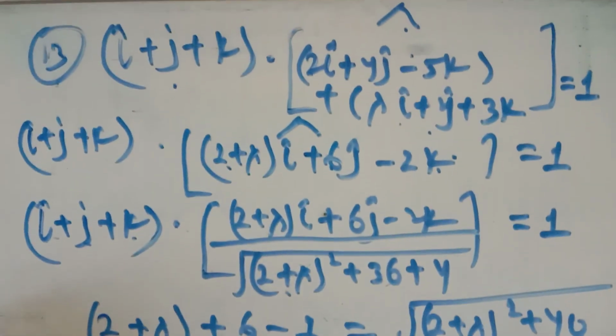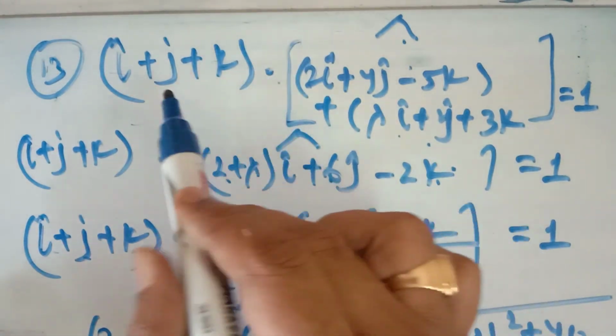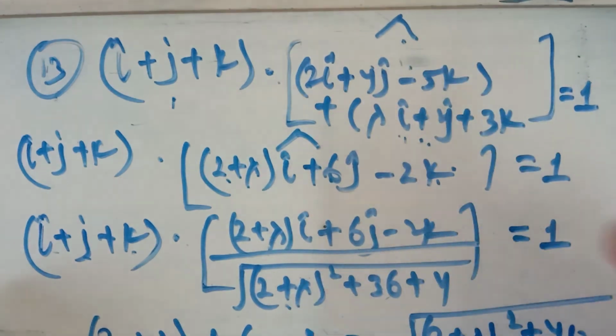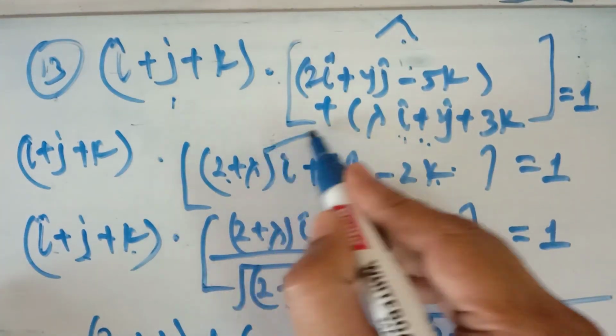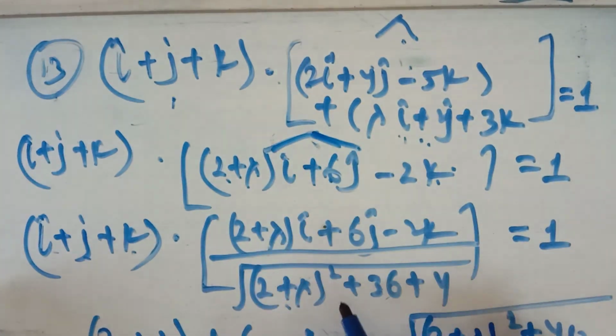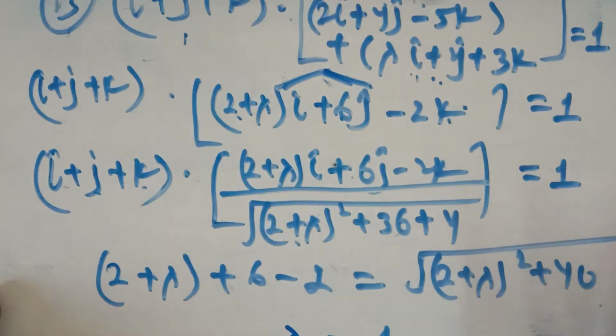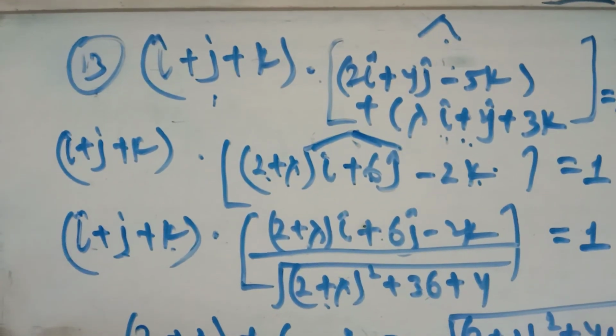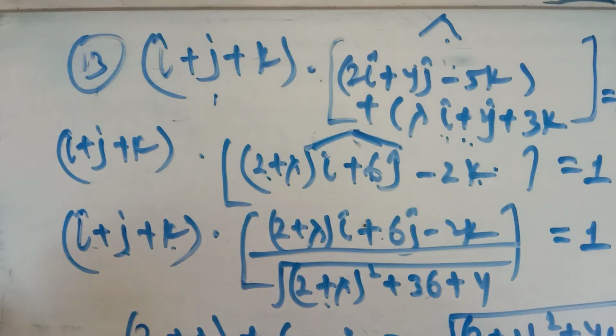Okay, so it is a good question. It is given that the dot product of this vector with the unit vector of the sum of these two, means cap. Since we have to find the cap, you can put a bigger cap on it. This is the cap, so what is cap? The vector divided by its modulus, and the dot product of this taken equal to 1. So this is the question number 13 of the miscellaneous exercise. We'll continue in the next lecture. Thank you.